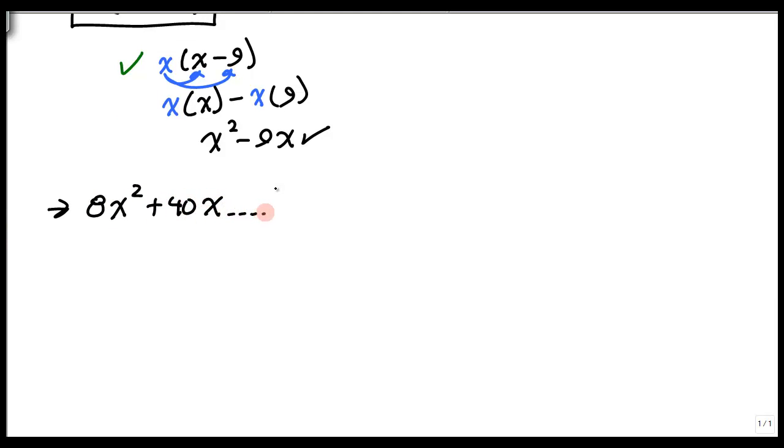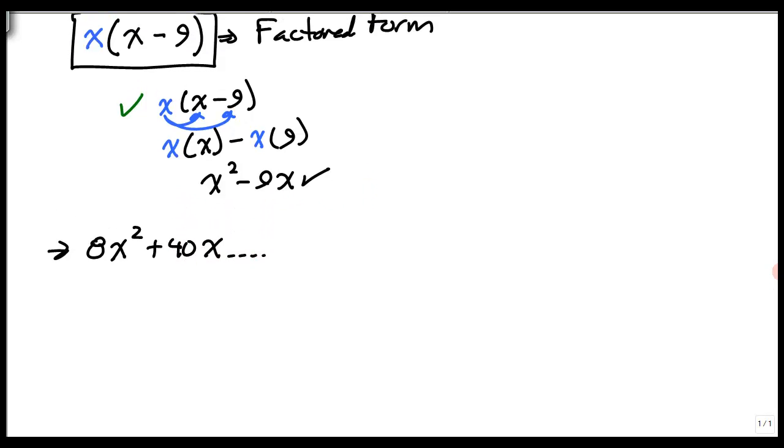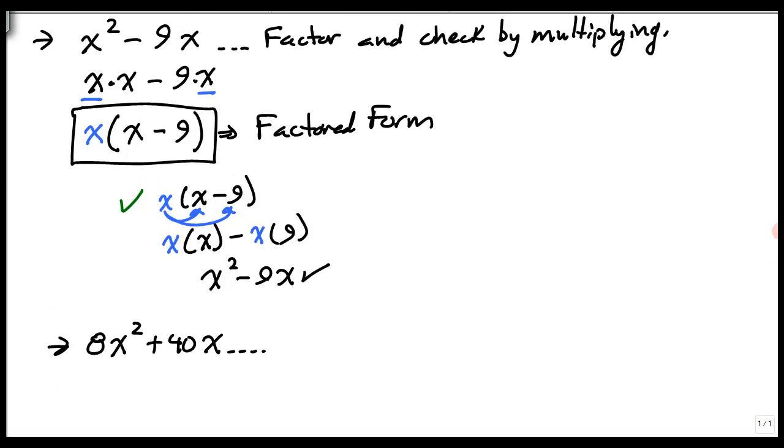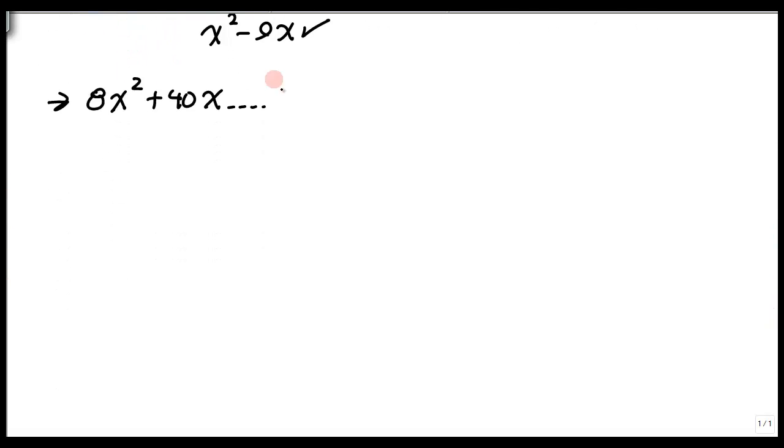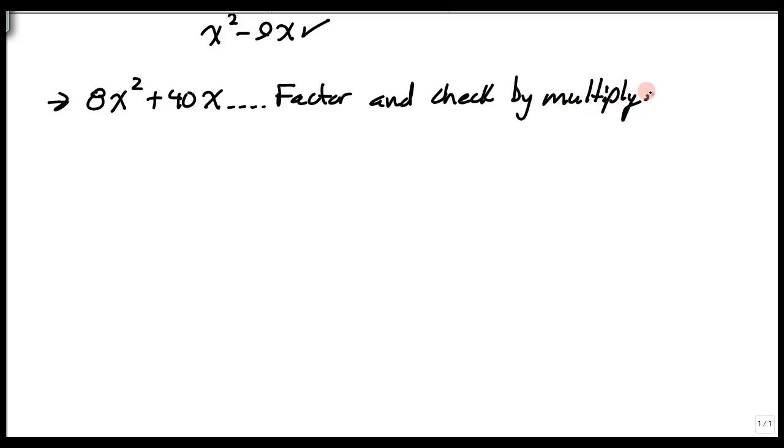And again, my directions here are to factor, just as they were up here, factor and check by multiplying. So, when we're talking about our greatest common factor, we kind of worked with these a little bit at the beginning of the semester when we were talking about least common multiples as well. If our numbers get really, really large, sometimes it's hard to determine the greatest common factor, but other times it seems pretty obvious. Now when I'm looking at this factored form,